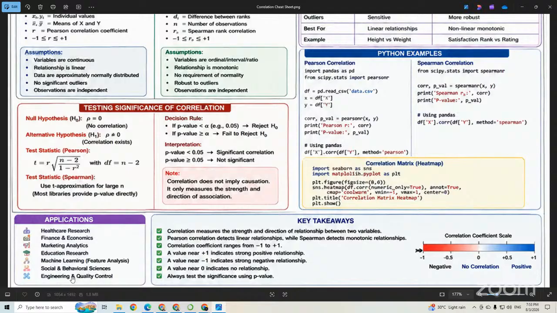correlation plays a very, very important role to develop any advanced technique, because if we are thinking about developing any machine learning model for prediction and recommendation, understanding the relationship between the variables is very, very important. If there is any variable which is not associated with anything, then it is useless and we can drop it. So these are some key takeaways, the main key points you can go through.